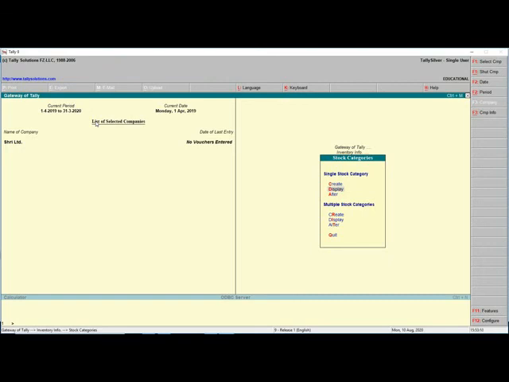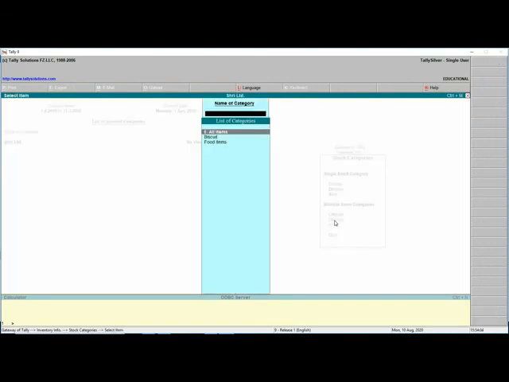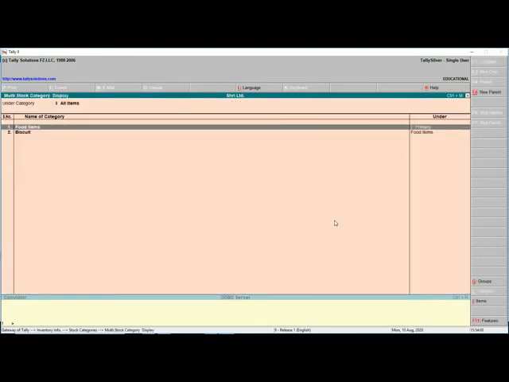To view all stock categories at once, display under the multiple stock category option can be used. It displays all the categories created.